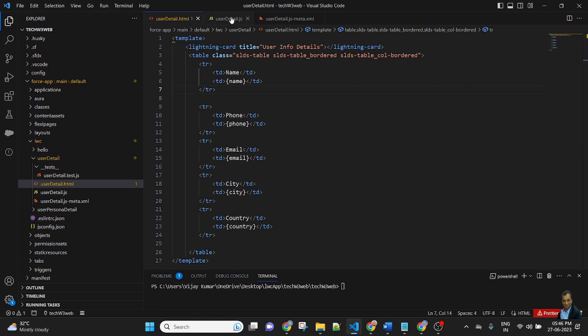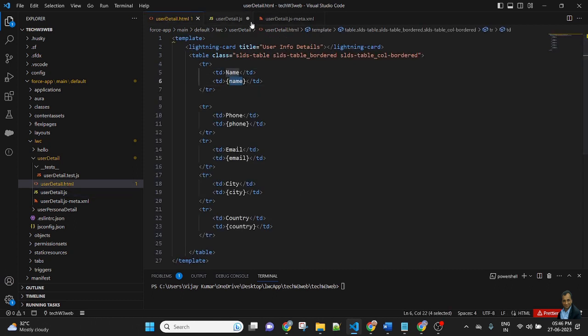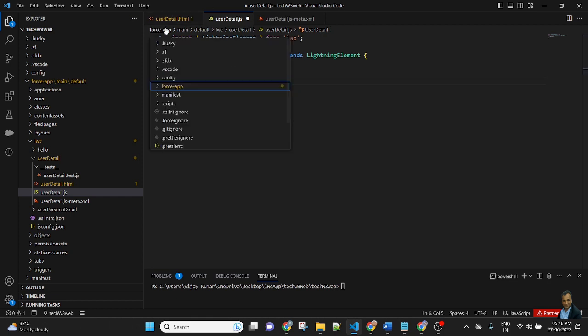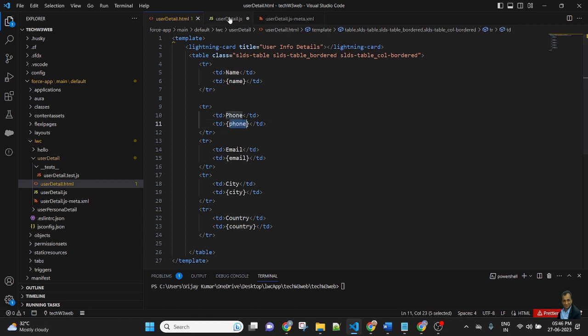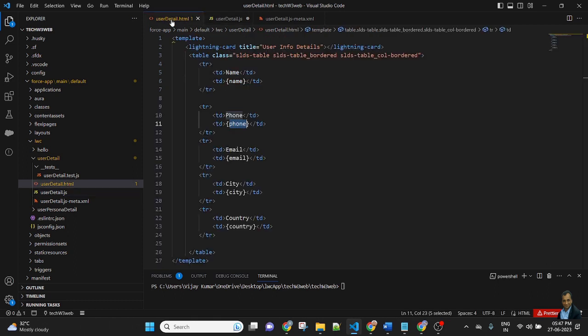Now go to the JavaScript. There are two parts in the JavaScript: import and export. Inside the export class, inside the curly brackets, we will pass the values. First I am passing the name. So here name equal to, in single quotes, Vijay. Same for phone, equal to single quote 1 2 3 4 5 6 7 8 9 10, a random number.